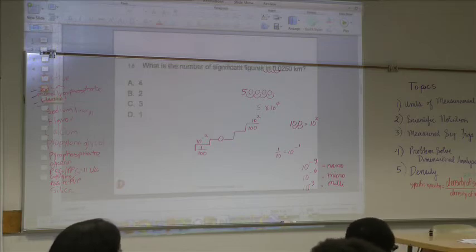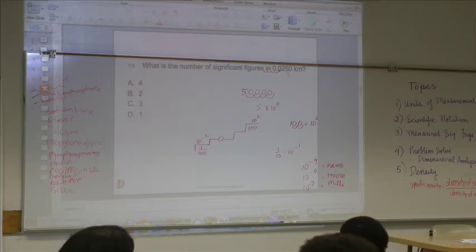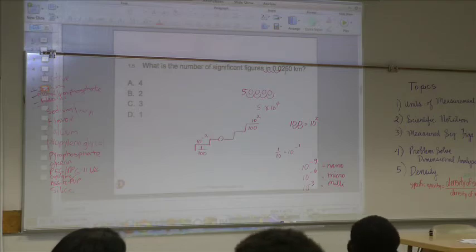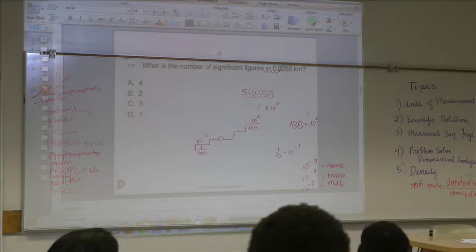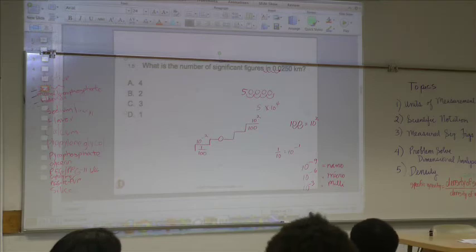Okay, so there's a check now, right? Number of significant figures. 3. Okay, 3? Good. That's leading, right? So only 1, 2, 1, 2, 3. Which one is it? This one? This 3? It's 250 times 0. Right? Is that the correct one? Yes. Okay.